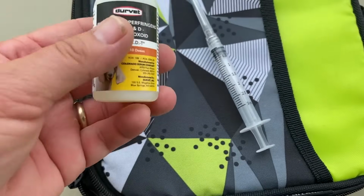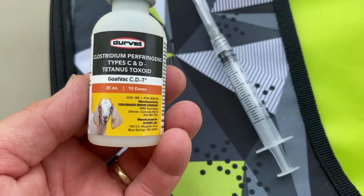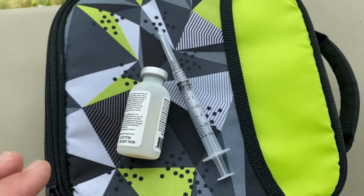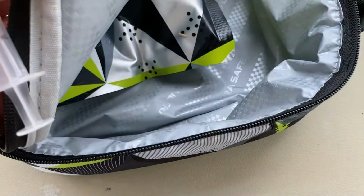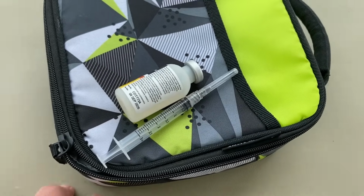So it is time for the vaccinations, and I want y'all to see that this is the CD&T vaccination for goats. And the part about this that I want you to know is, first of all, this has to be kept cold. So as I do the syringes, I'm putting them in this cooler pack with an ice pack in there. But as responsible goat owners, we need to vaccinate our herd because of course, you don't want them to